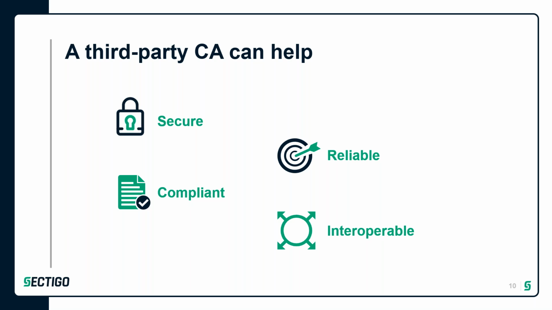Go ahead, Tim. Yeah. So your three bullet points here: secure, reliable, and compliant. We could go on about that, but let's talk about interoperable for a moment. You might set up a CA for your environment, and that's great. Maybe you even have somebody on it who's got some experience and knows what they're doing. The problem is you won't be trusted beyond your own walls. So if you don't just want to work with your hybrid cloud or multi-cloud environment, which is essentially interoperability between those clouds that you have control over, all of a sudden, if you want to work with your partner cloud,